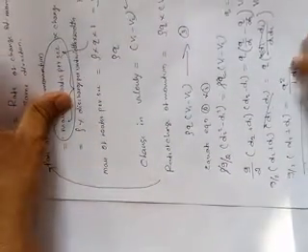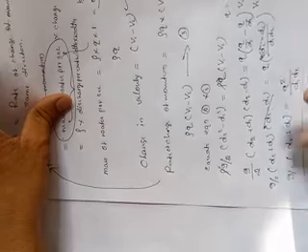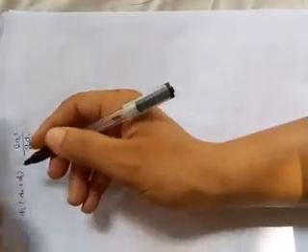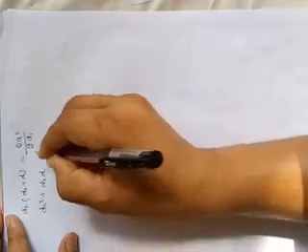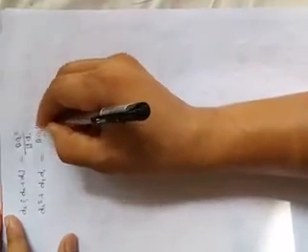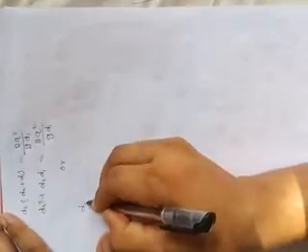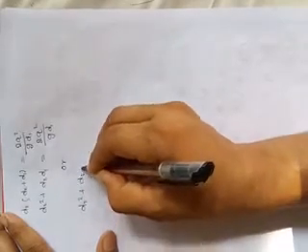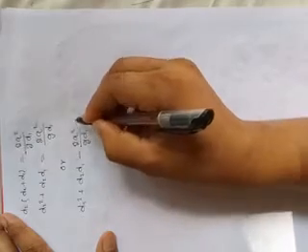Already you got the equation g by 2, so just multiply here by 2 by g: 2q square divided by d1 d2, and multiply the d2 on both sides. Now d2 square plus d2 into d1 is equal to 2q square divided by g into d1. Once again you can write the equation: d2 square plus d2 into d1 minus 2q square divided by g into d1 is equal to 0.